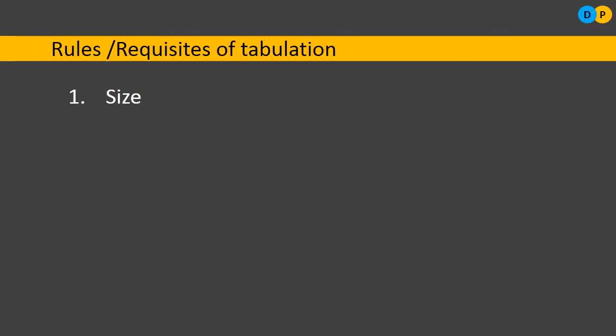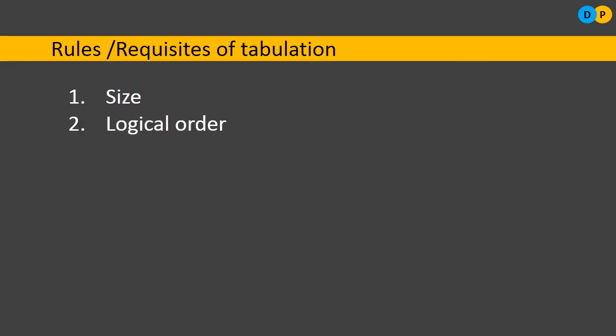Also the size of the table should be fitted with respect to the size of the paper. So according to the size of the paper, we have to consider the number of rows and columns. So before considering a table, we need to make an appropriate consideration with respect to the number of rows and along with the number of columns. Not only that, we also need to consider what should be the table width with respect to the size of the paper. So that is the first rule.